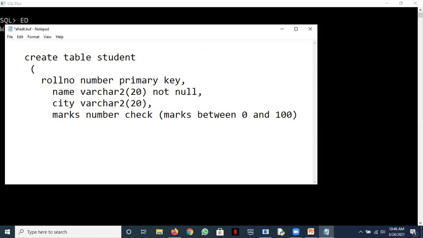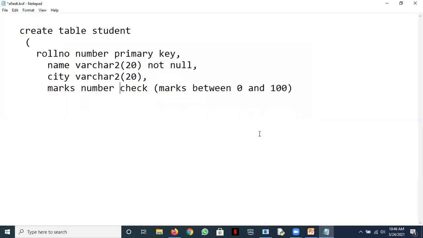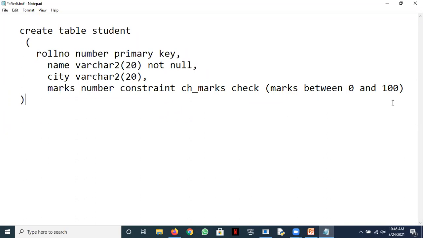The condition with the check should be in parentheses. Remember this. And I'll just maximize the screen for you guys. If you want to give a name to this constraint on your own, I've written create table, I've given 4 columns, 2 constraints I've not named, 1 constraint I've named as ch_marks.